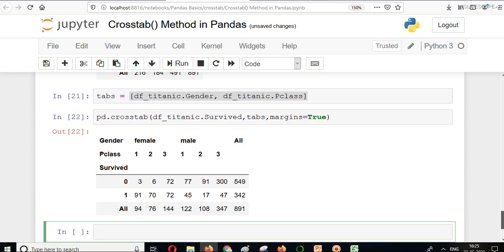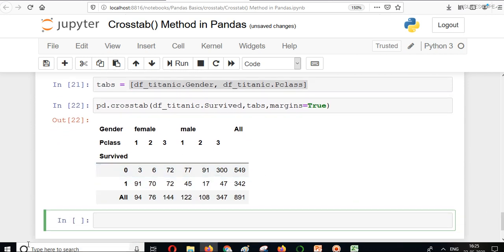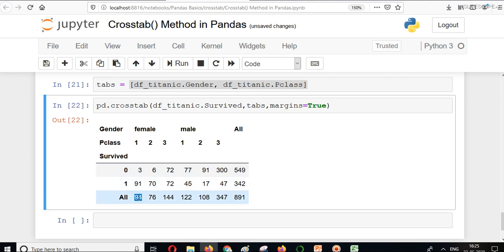So now you can see here that we have gender female and male, and then how many females were there in class 1, class 2 and class 3. How many were there in total: 94 in class 1, how many of them were able to survive, 91, how many of them died, 3.